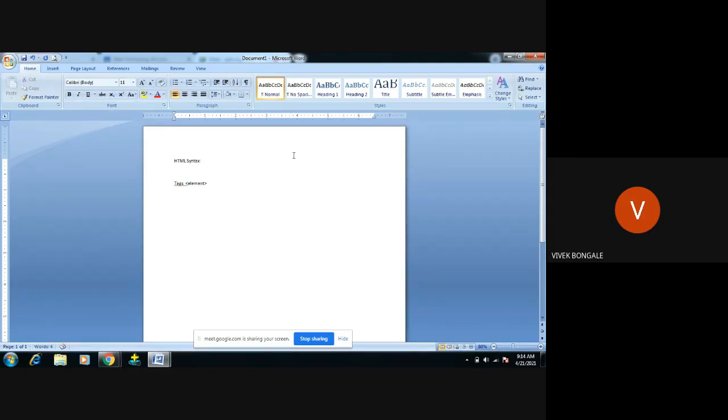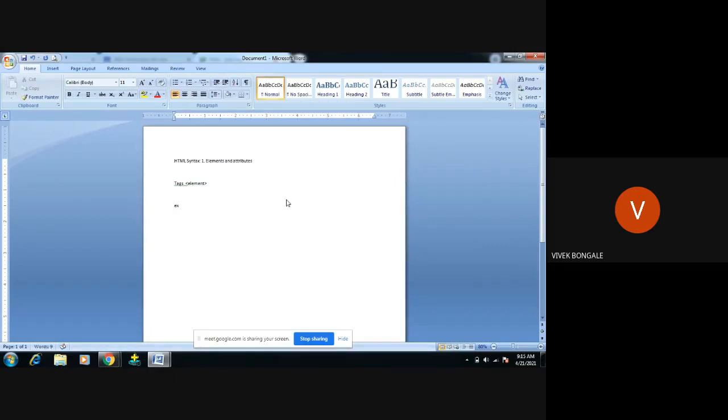Actually, in HTML syntax, the basic thing starts with elements and attributes. So what does element mean? HTML code is always in the form of tags. We use the tags to form a document, which is displayed with the help of a browser. Those tags are paired between two angular brackets, and whatever text we place in between the angular brackets, we say it is an element.